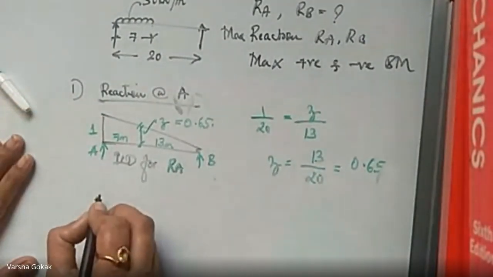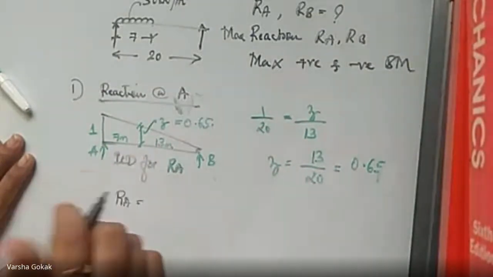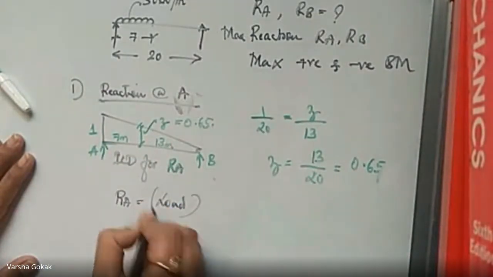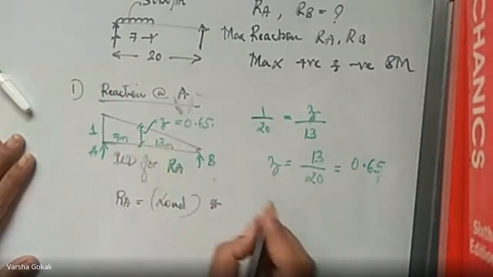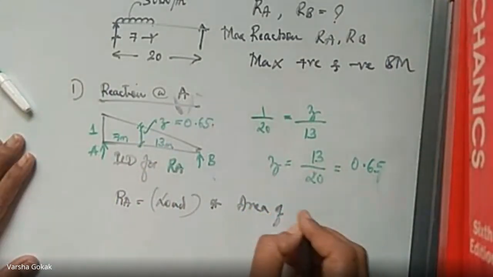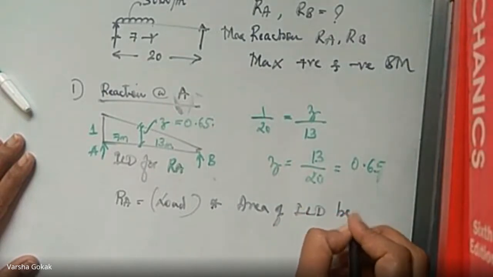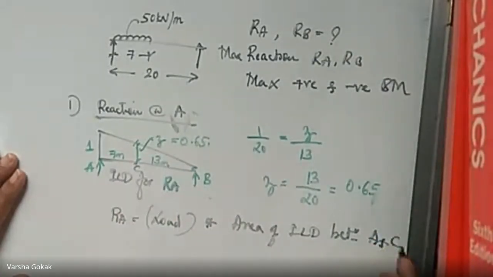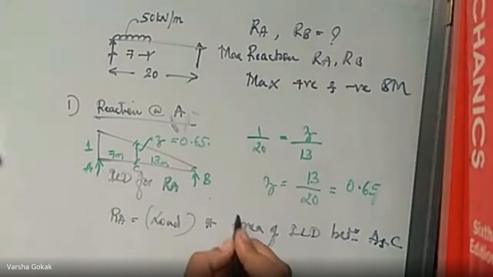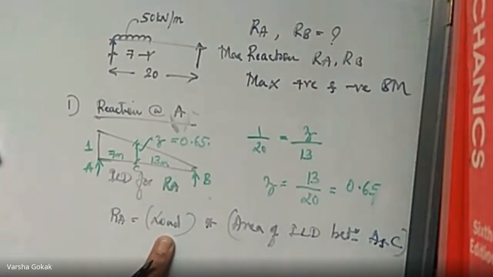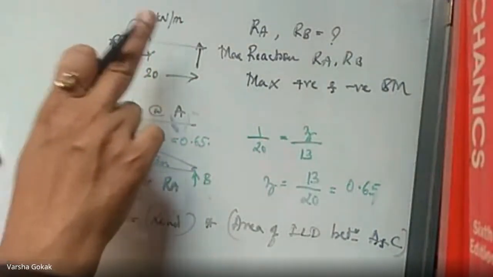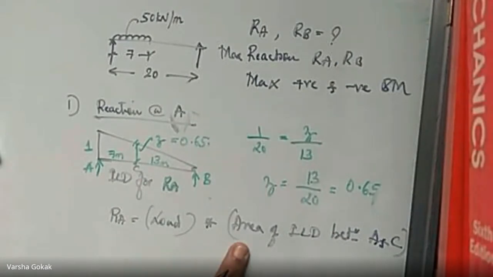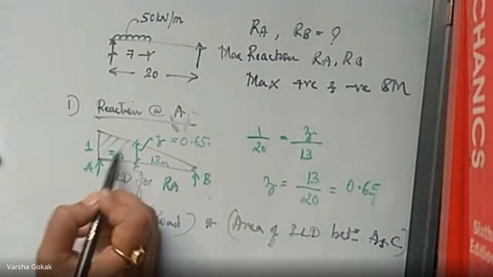So what happens is, in UDL, if I want to calculate RA from this influence line diagram, it is going to be load, same thing, load. Into, there it was ordinate. Here it will be the area of the influence line diagram between the 2 points. Between which 2 points? Now this is A, and I'll call this C. Between A and C. So we will be multiplying the load that is given in UDL format only. In our present case, it is 50 kilonewton per meter. So load I will substitute as 50, into the area of the influence line diagram between those 2 points. So A and C means I need to get this area.